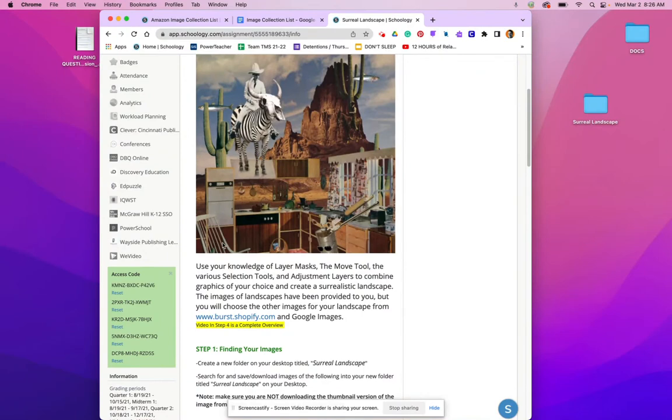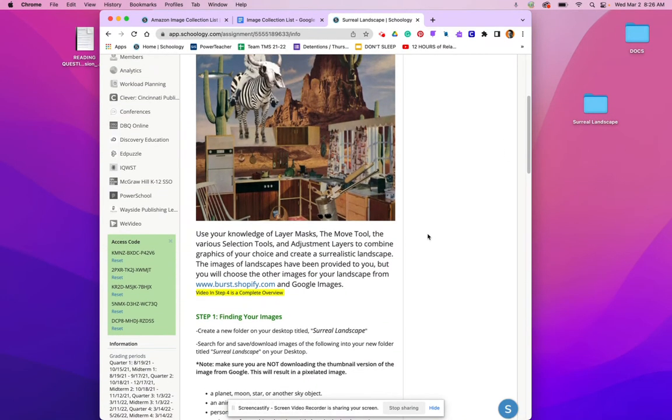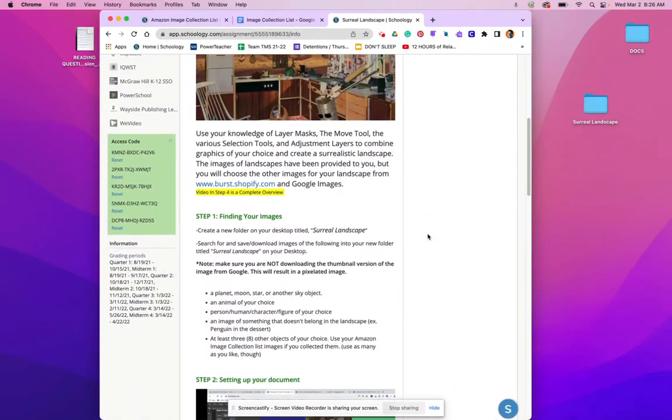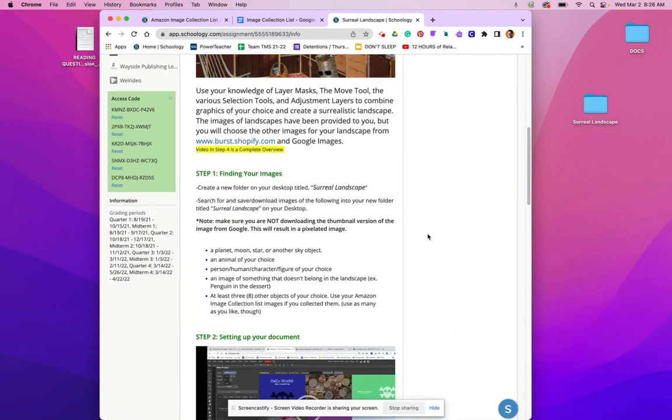Now you're going to create a new folder on your desktop titled Surreal Landscape, like the one I've created over here. And what we're going to do is search for and download images of the following into your new folder titled Surreal Landscape on that desktop. So be sure that you're not downloading the thumbnail version of an image from Google or Amazon or burst.shopify. Be sure that you are grabbing the full high-res image. If not, it's going to result in a pixelated image. And if I see it, I'm going to have you re-grab that image anyway, because we also don't want to